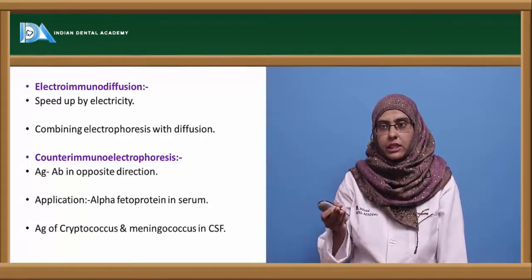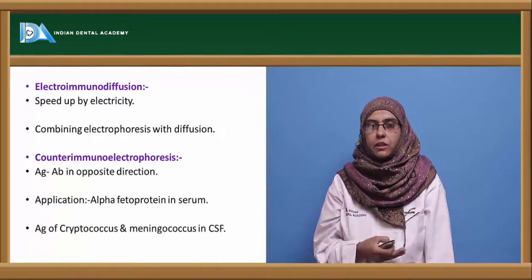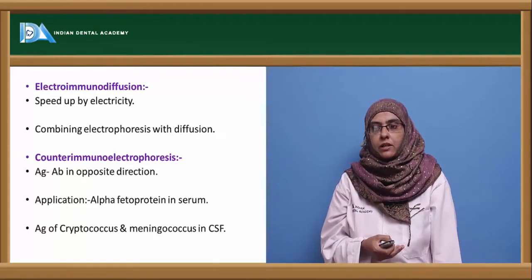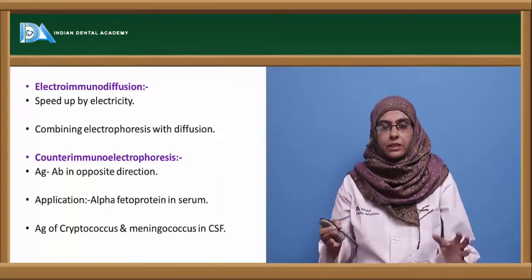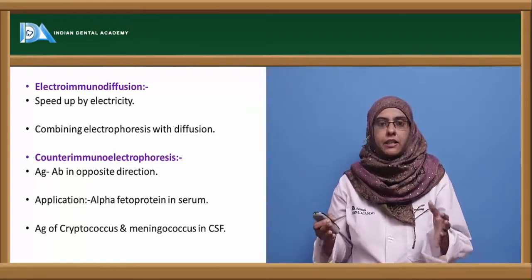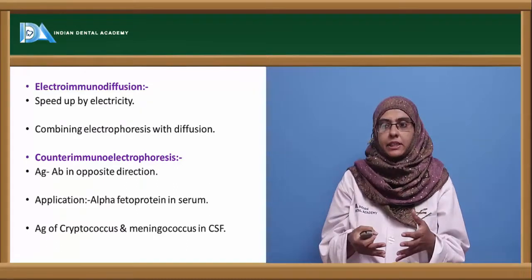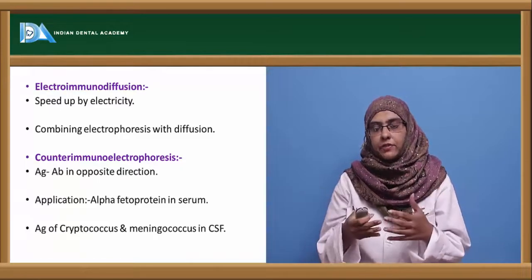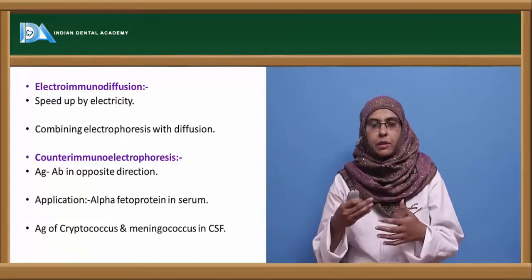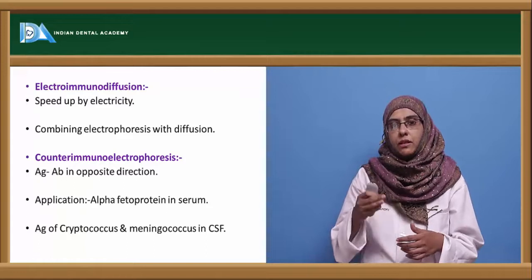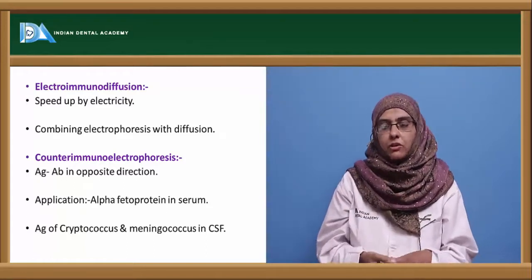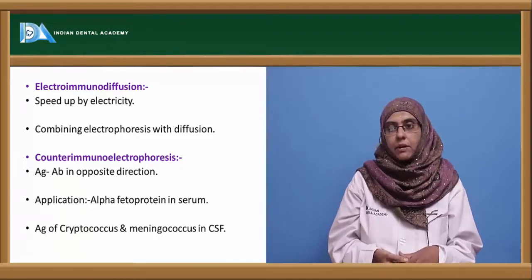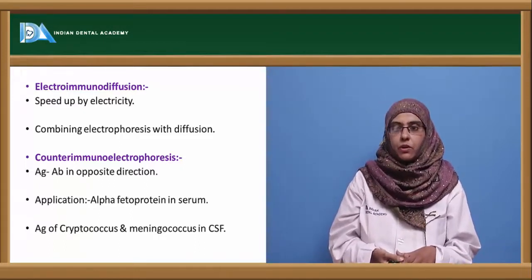So in electroimmunodiffusion, there are two methods that are mostly used. One is called counter immunoelectrophoresis, where the antigen and antibody are placed on a slide and diffuse in opposite directions, and they usually form a band after diffusing. Depending upon the specificity, they form a band. The application of counter immunoelectrophoresis is to detect alpha fetoprotein in serum and antigens of cryptococcus and